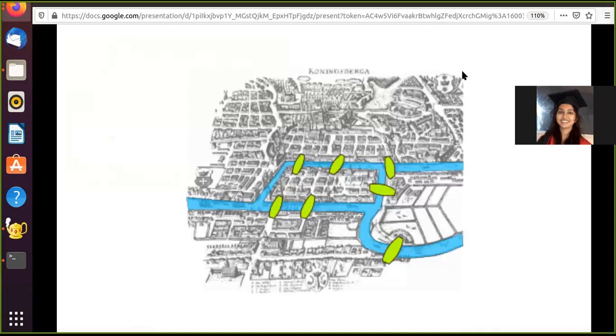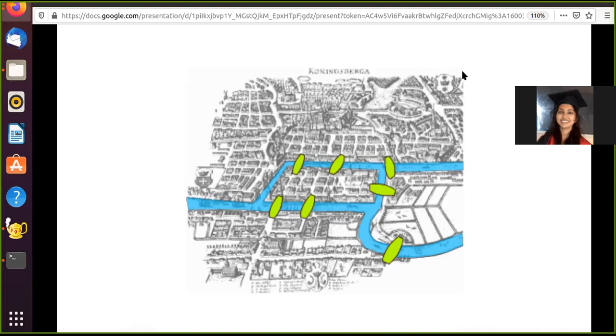All of you would have seen this picture, especially if you are a computer science graduate. You would have seen it in your discrete maths or graph theory classes, and I know that you know it. So these are the bridges of Konigsberg, which were analyzed by Leonhard Euler in the year 1736.